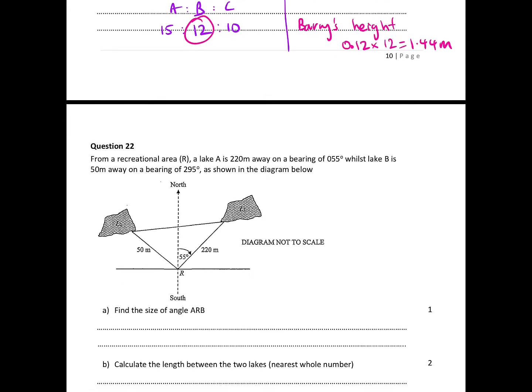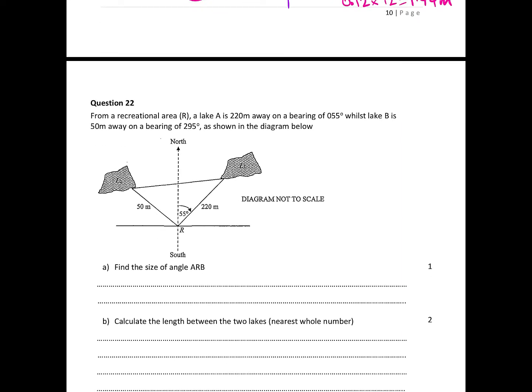Okay. Question 22. From a recreational area R, a lake A is 220 meters away. Oh, they've marked this wrong. I don't have any notes from this paper to say that amendments were actually made in the exam, but I'm sure it would have been brought to their attention, or they would have mentioned it to the students. I think here is meant to be A, and this is meant to be B, because it's 220